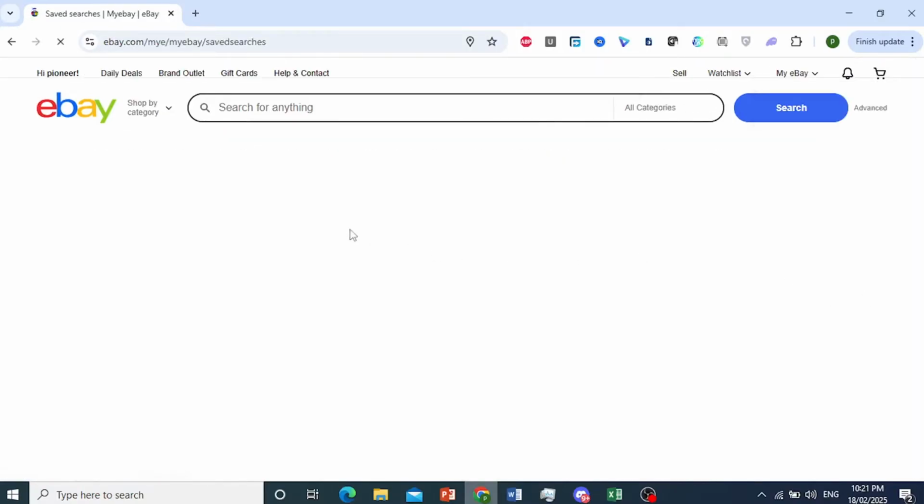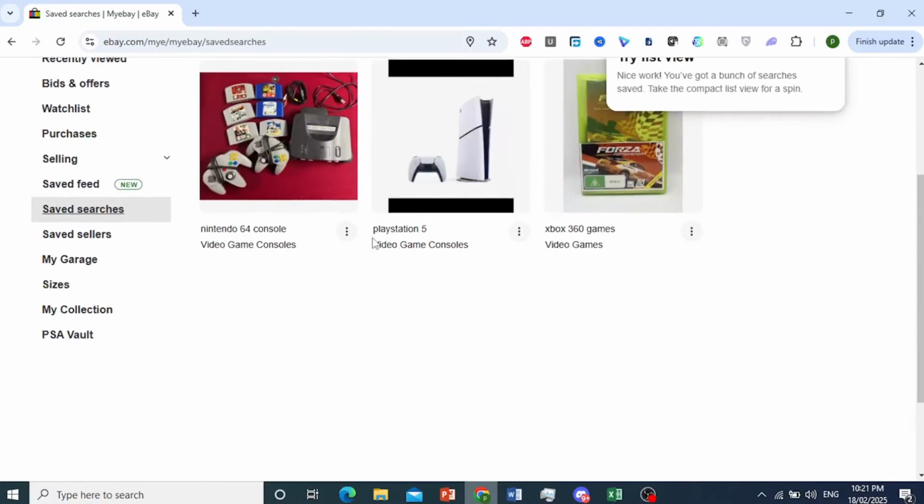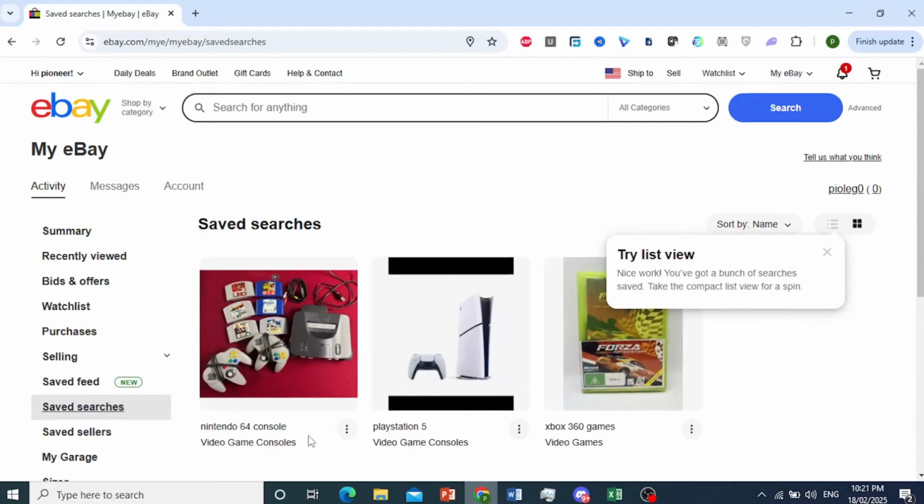Okay, we've clicked on this. Now right here you'll see our saved searches. So we have Nintendo 64 console, PlayStation 5, Xbox 360 games. And if you want to go ahead and get rid of these, all you need to do, guys, is